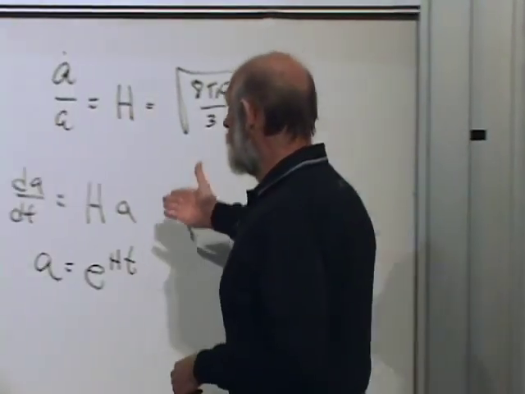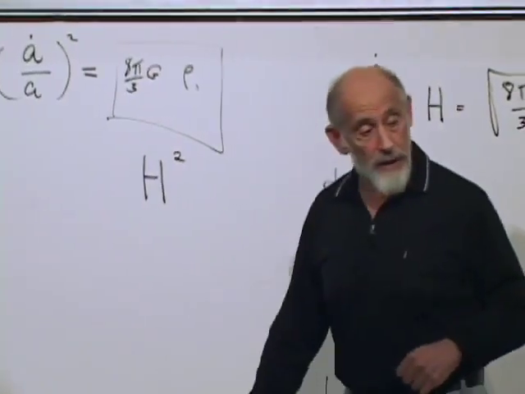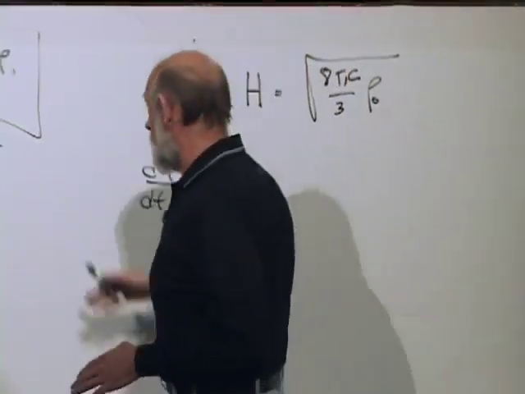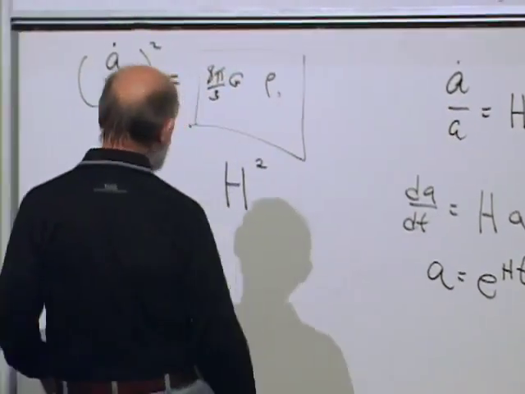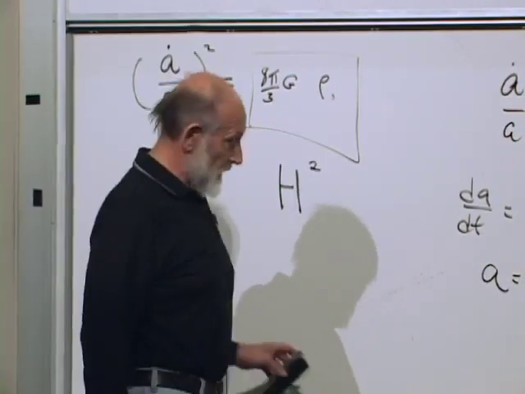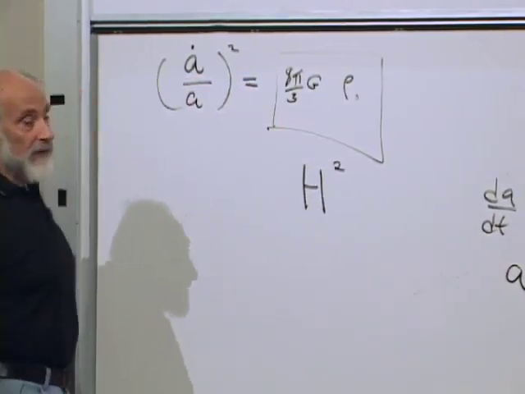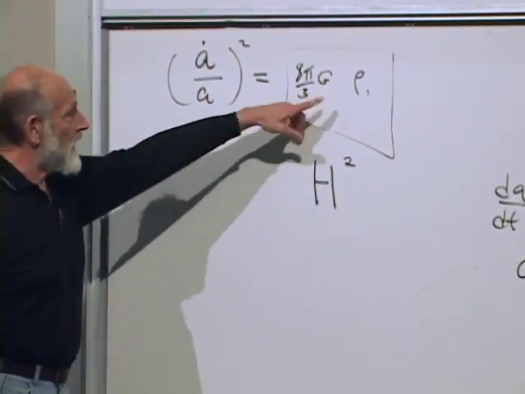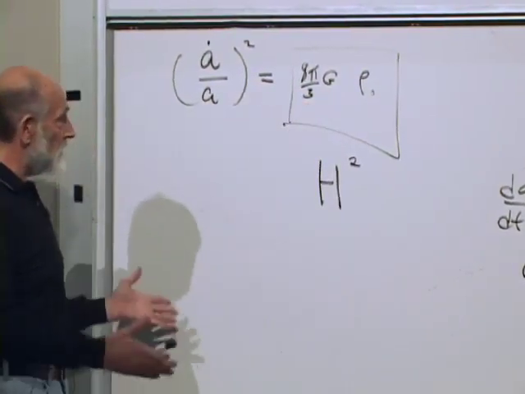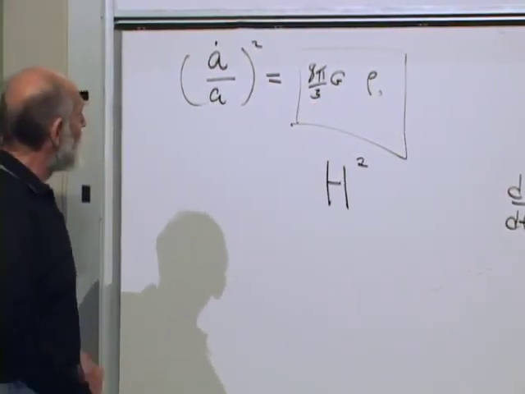It's just a very simple solution of Einstein's equations with a positive cosmological constant. Incidentally, I've assumed that the vacuum energy here is positive. Right? Could it be negative? Yeah, it could be negative, but in fact, let's take the case where it's positive, the vacuum energy density is positive, then